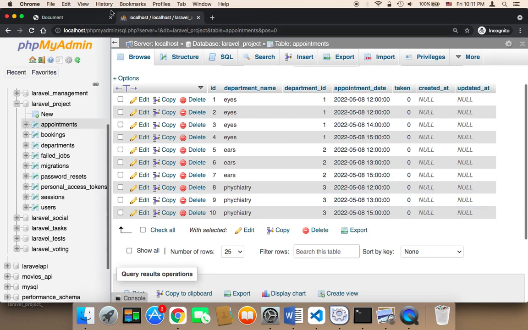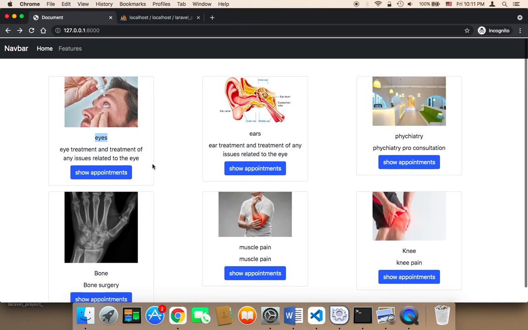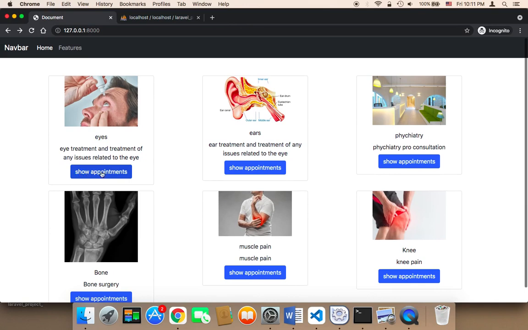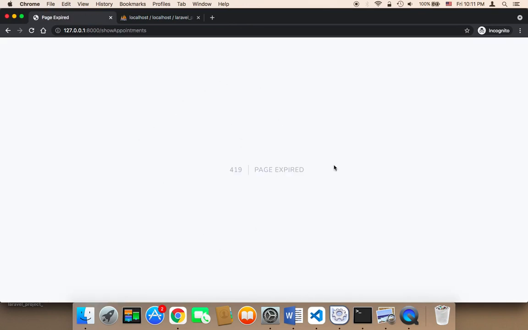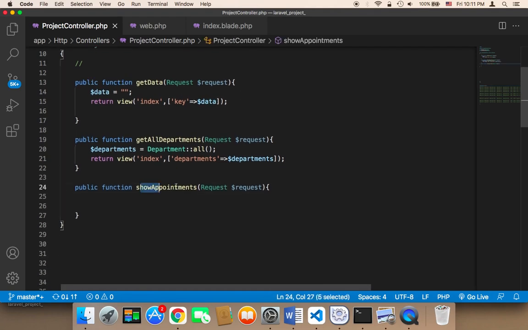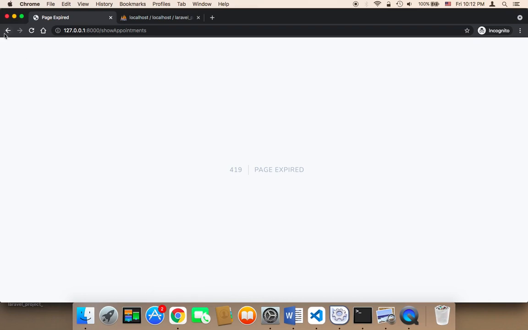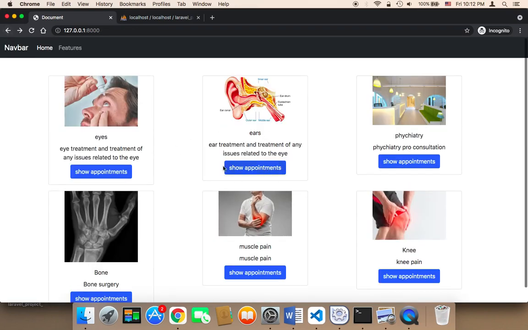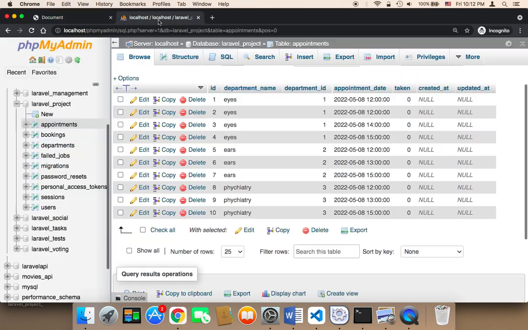So now what we need to do is show the appointments. If the user, for example, clicks on show appointments, we need to display the appointments here. To do that, first of all, we need to work on the show appointments. So we need to get the appointments that belong to one of these departments. If the user clicks on show appointments of the eyes, we need to go to the database and get